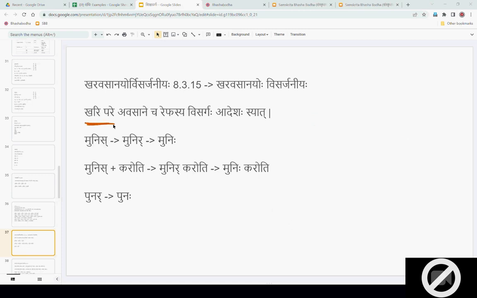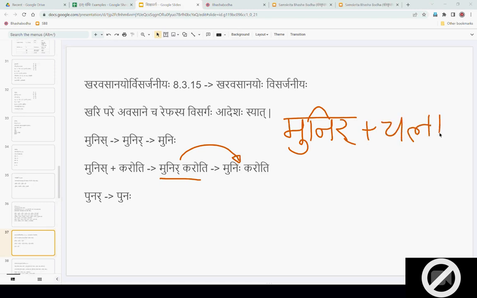But what is the second condition? One of the khar letters should follow. Right? That is another condition. So we looked at Munir plus Karoti. In this case, the Refa changes to Visarga. So this we saw. But the khar letter could be anything, right? For example, Munir